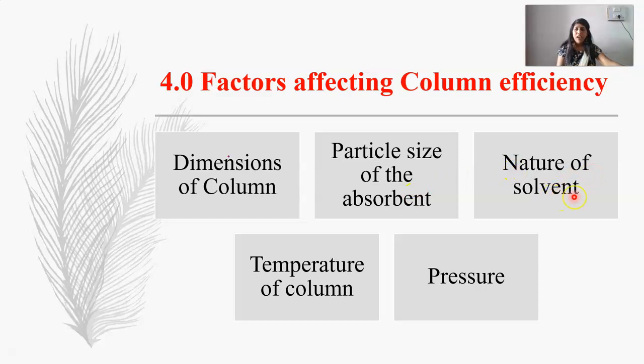Now, nature of solvent, how should the nature of the solvent be? The flow rate of the solvent is affected by the viscosity. First of all, the flow rate is inversely proportional to the viscosity. Hence, less viscous solvents are more efficient than more viscous solvents. Temperature of the column: speed of elution is increased by higher temperature. For better adsorption, power should be reduced and higher temperature should be applied. Pressure: again the pressure difference plays a most important role. High pressure above the column and low pressure below the column increases the efficiency of separation.